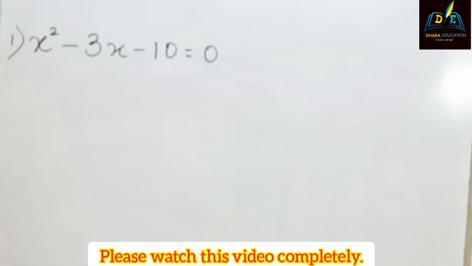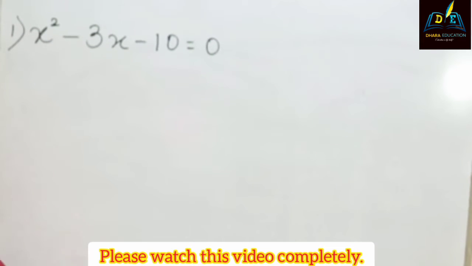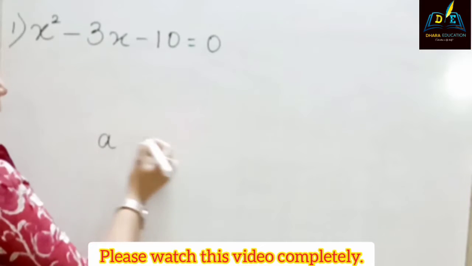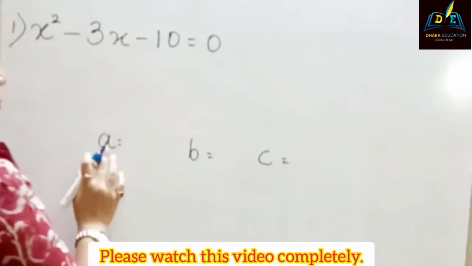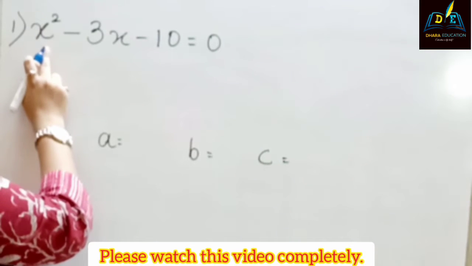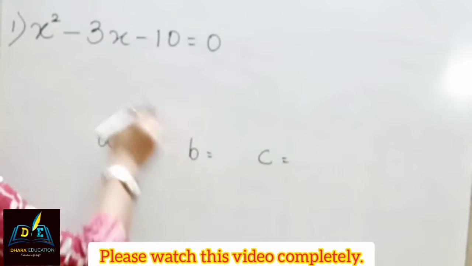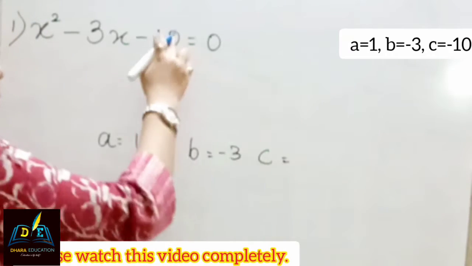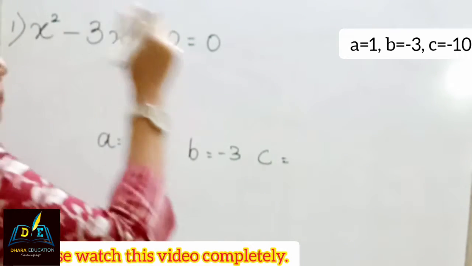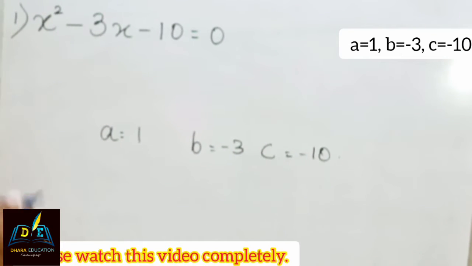So here we just need to make it possible with the help of variables a, b and c. How will it be possible? A, b and c. So the value of a will be x square. x square, what does it mean here? 1. b is equal to the middle term, that is minus 3, and c will be the constant term, which is called minus 10 in this particular equation. So let's start and begin the sum.